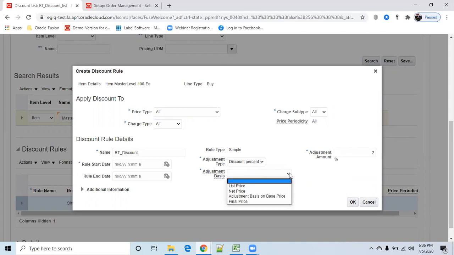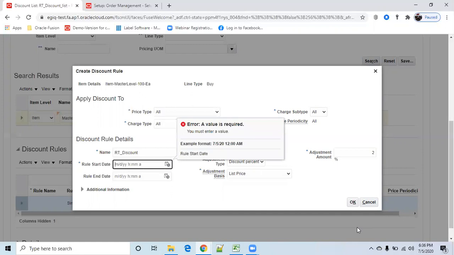Adjustment basis is the list price, net price, or base price. I'm giving list price. There is a difference, right? What is list price and net price? Final price we also have. So we are giving this adjustment, sorry, discount amount, based on which type of basis. I'm considering list price here and click on OK.